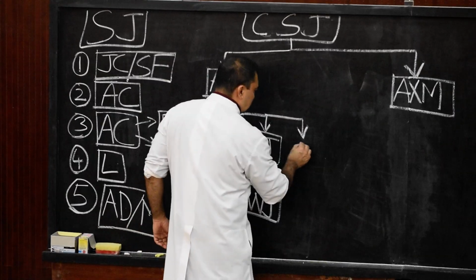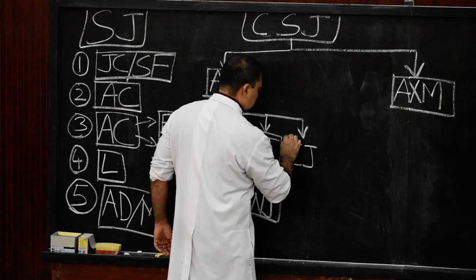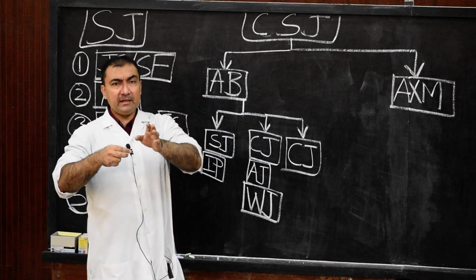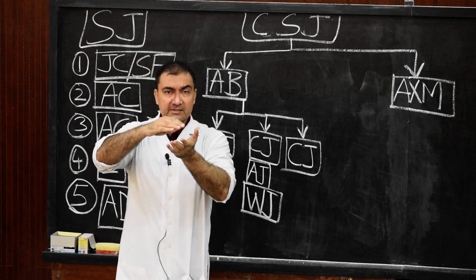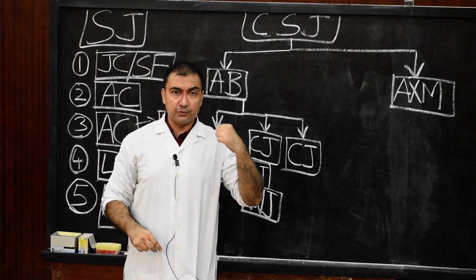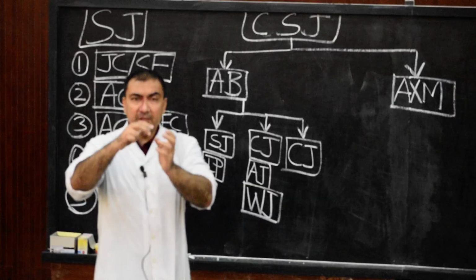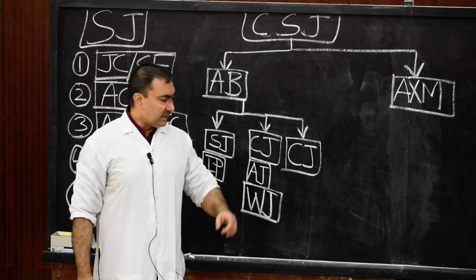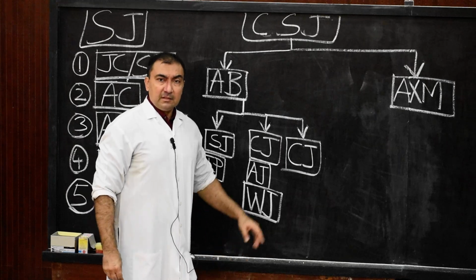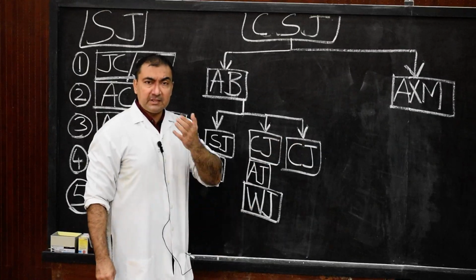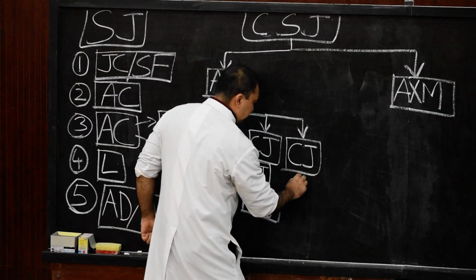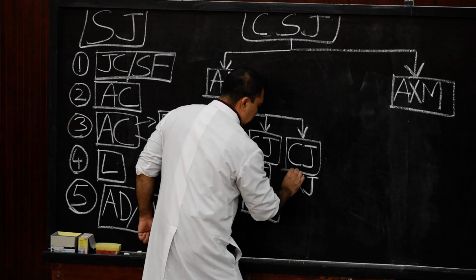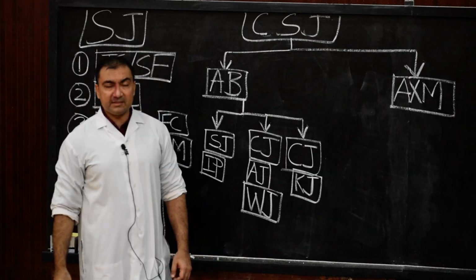Third variety, complex joint. Remember, complex joint. What is a complex joint? When the entire joint is divided into two cavities by an articular disc or meniscus, which I had shown you in the earlier diagram, then it is known as a complex joint. Give examples. Where are the complex joints present in our human body? Number one, the knee joint. So the knee joint is an example of a complex joint.